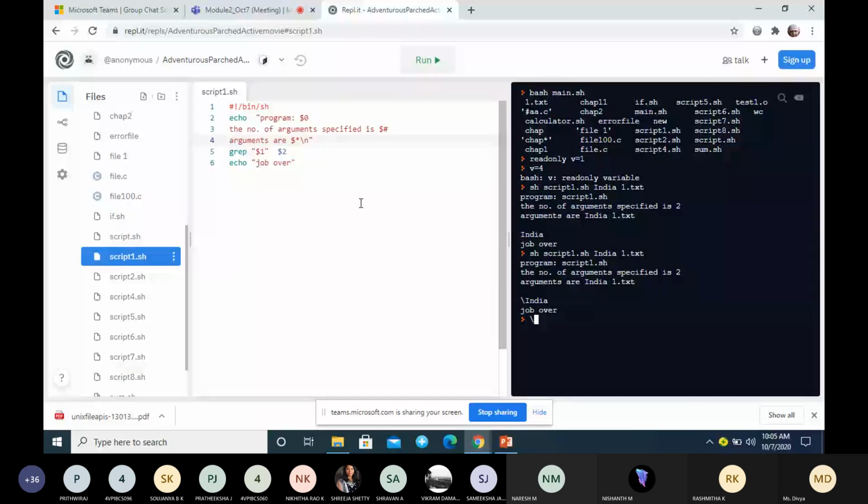So this is a very important concept: how to take input using command line arguments. When you study further programs, you must know what is read, what is a command line argument, what is $0, what is $1, $2, $@. In the exam, if they ask you to write this program, write a similar program or the same program, explain what is $0, $1 and all, and write the output. Any doubt in this?